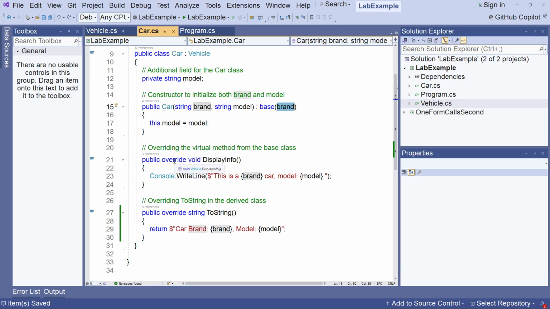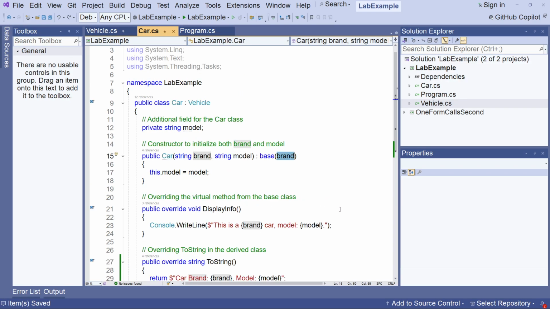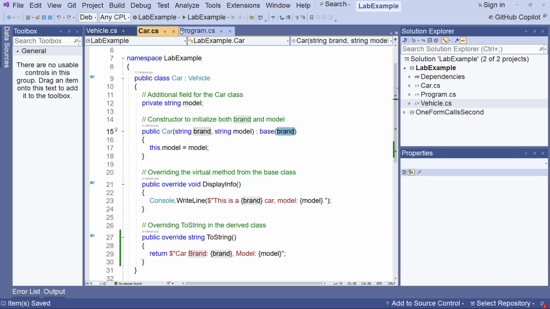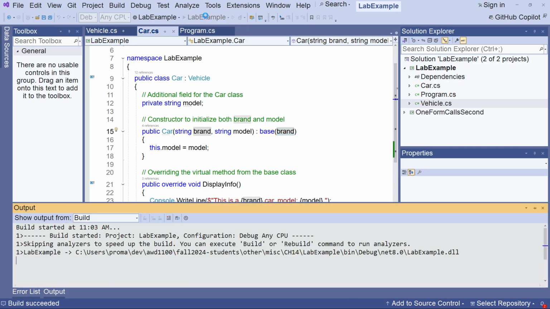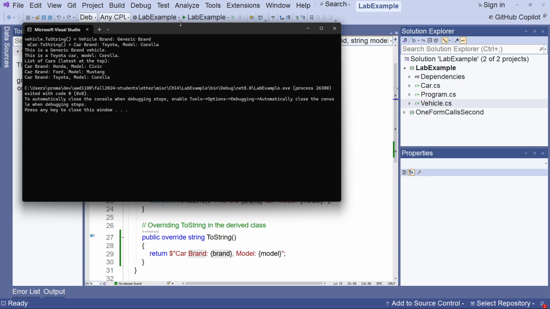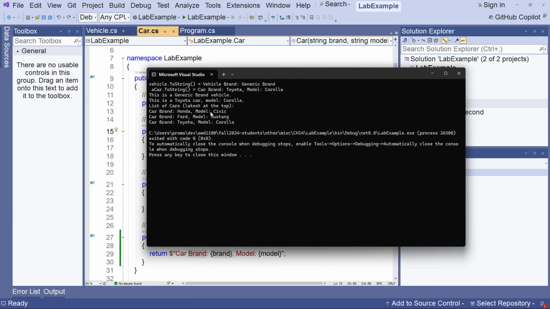In the vehicle, we had the virtual display info, had virtual in there. Here we're overriding it. And here we're overriding the toString as well. So let's go ahead and just run this. I know there's nothing here really, but I'm going to make some changes just to show you how some things